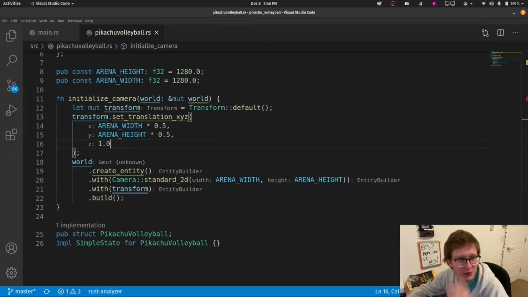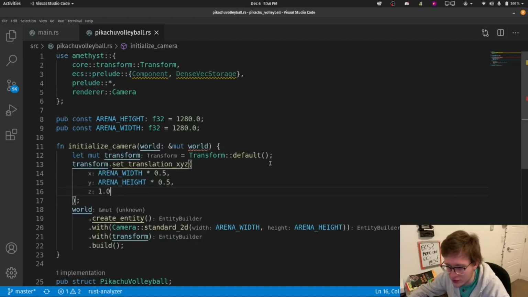So now that we created the function to initialize our camera, what should we call it? Or more specifically, at what state should we call it? Should it be on start, stop, pause, resume? To me, it makes sense to initialize it on our start state. So let's get on that.